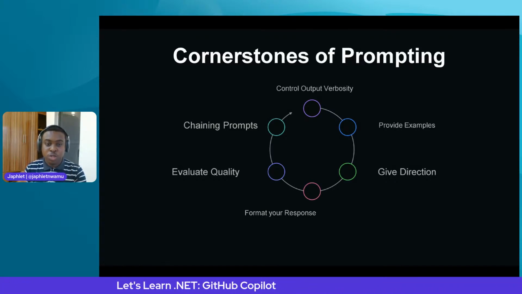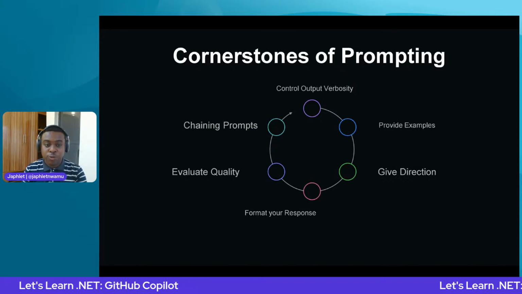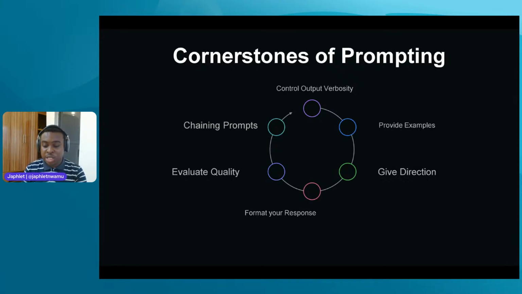And I forgot to mention output verbosity. What that does is we can also tell our Copilot to set the length of the output to a specific length. As we've seen from Lebo's example, she had code she didn't like and she said, oh, can you make changes to it? Can you make this much better? Can you make it a lot more understandable for me, right? And that's very possible